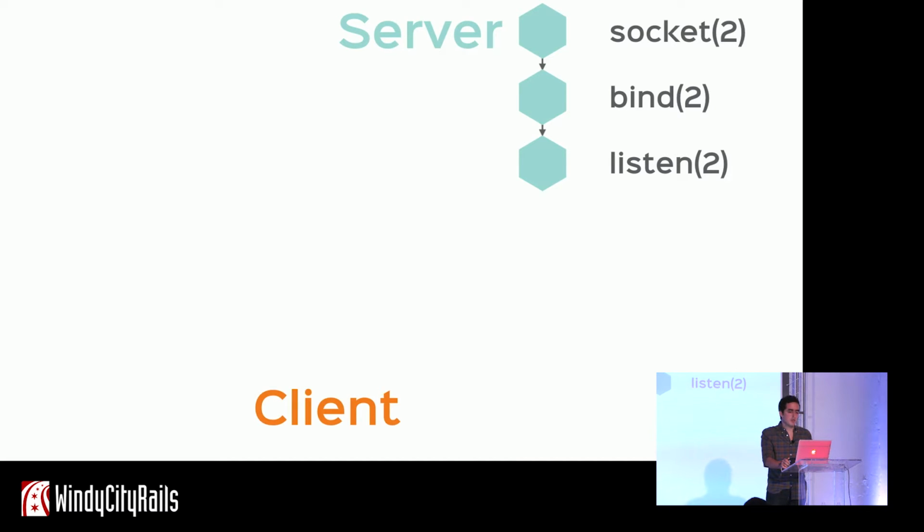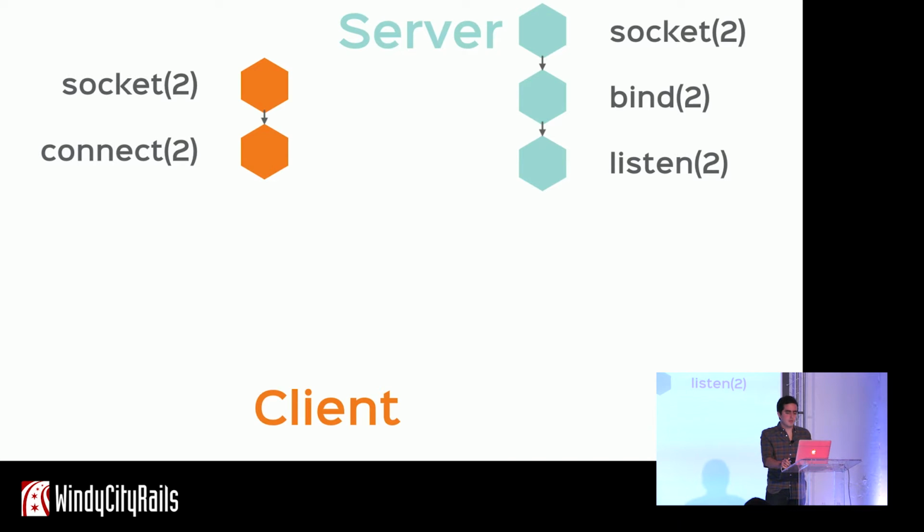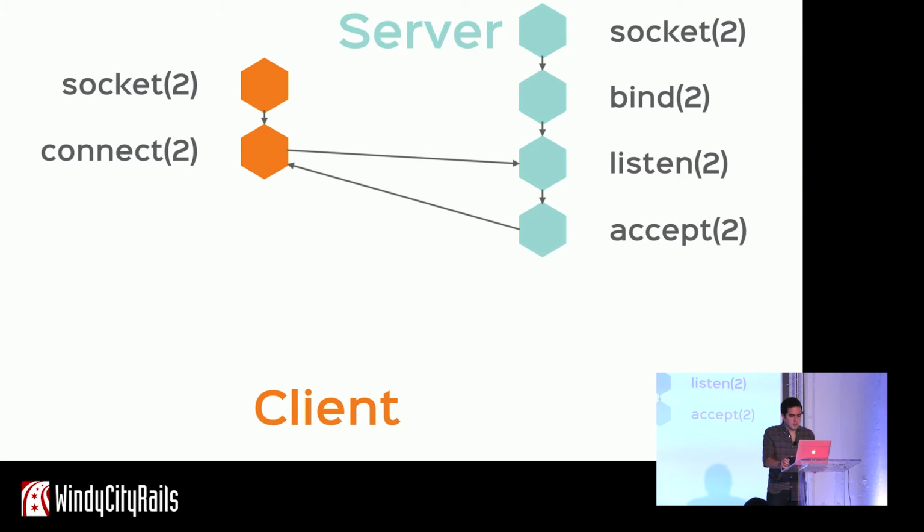Then you need to create a client. Again, create a socket first. Then instead of binding that socket to an address, you just tell it to connect to an address. This will connect the client to the server, and then the server will normally accept that connection, unless it's busy or something weird happens. And then something called